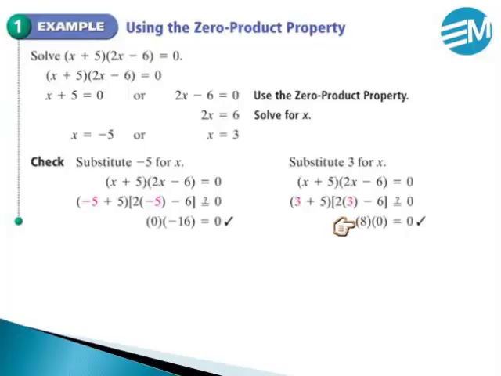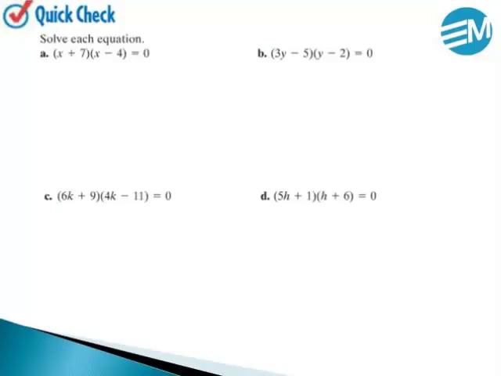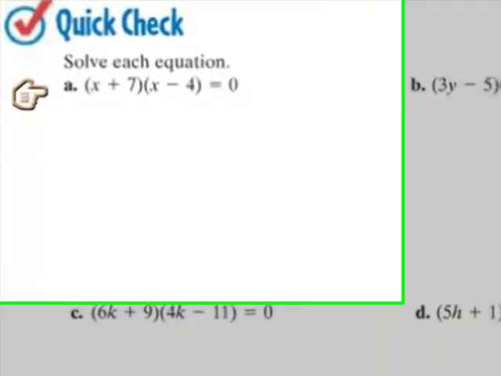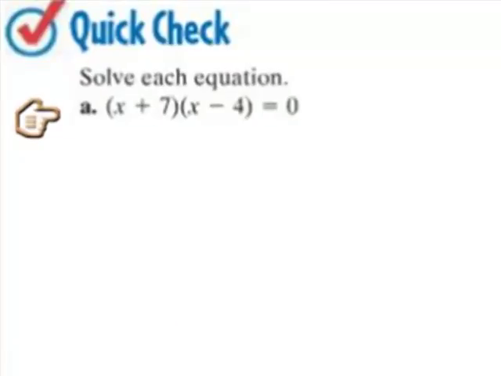So what we have at the beginning is two things being multiplied together, x plus 5 and 2x minus 6, and so one of those has to equal 0, one or both. At least one of them should be 0. Only then are we going to get our result as 0, which is the right-hand side. Okay, let's see if we can solve this question. Alright, so either x